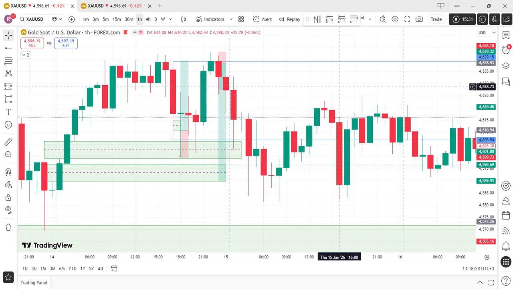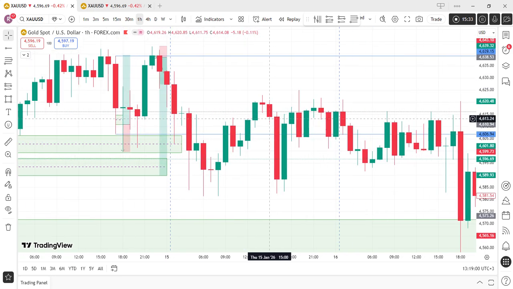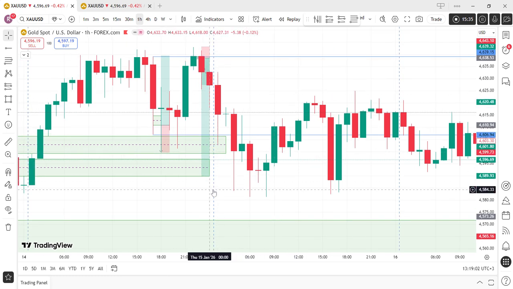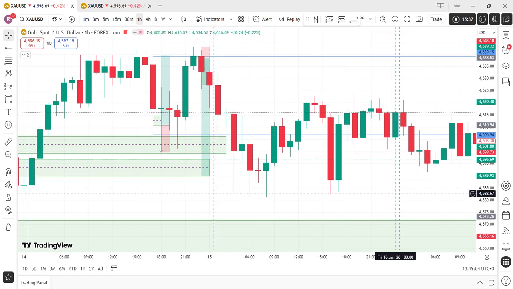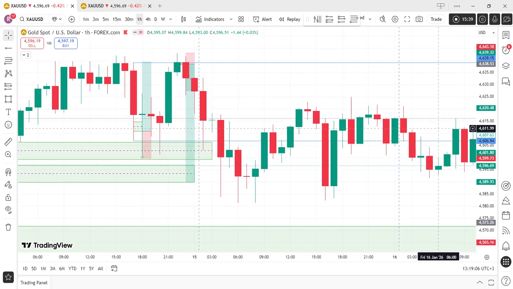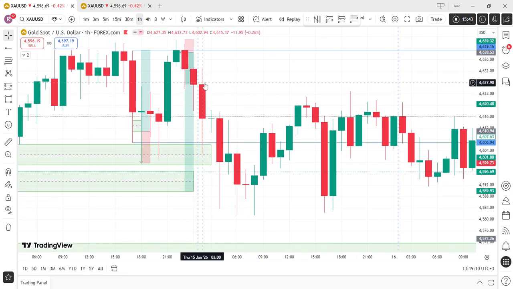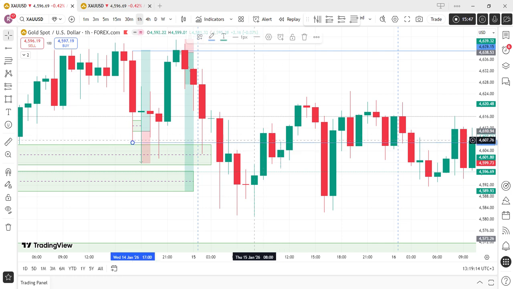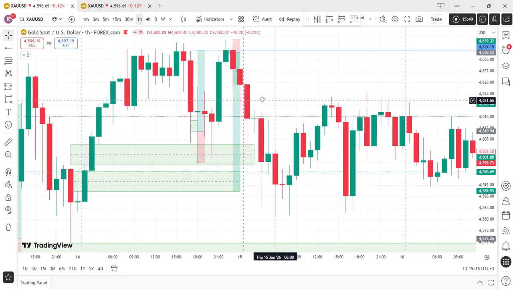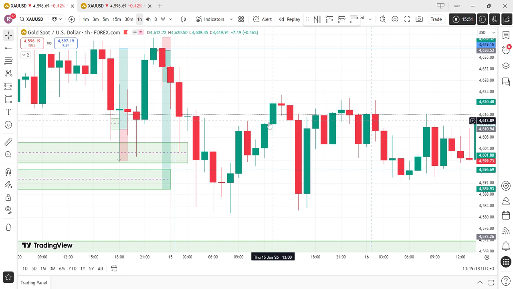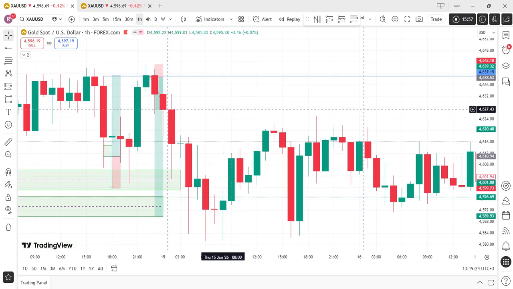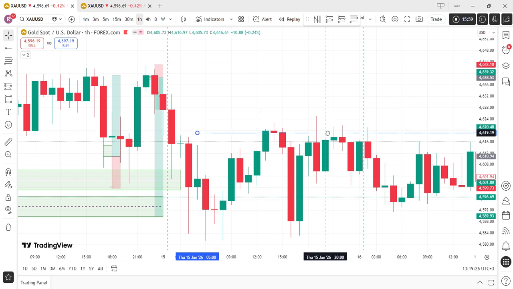So we were looking for sells. This new day starts from here. You see this marking, this one right here? That's a new day. So this Thursday, we're going to be marking the Asian liquidity. For example, let's assume all of this is Asian. If we are looking for sells, this is going to be London liquidity. Yes, this is London right here. This is what I'm interested in, this London liquidity.